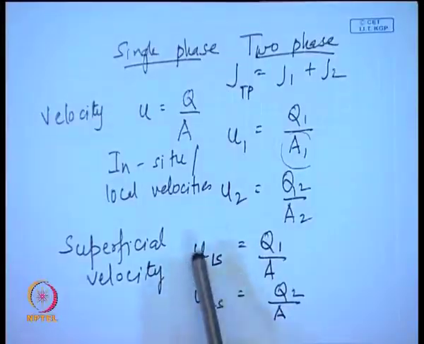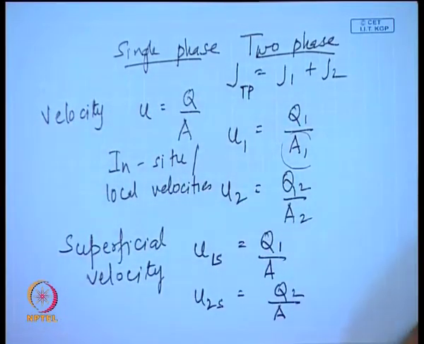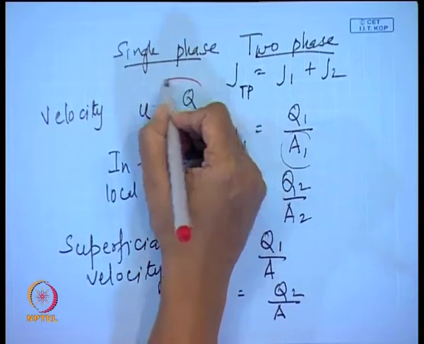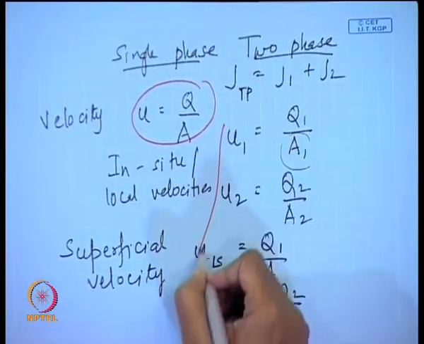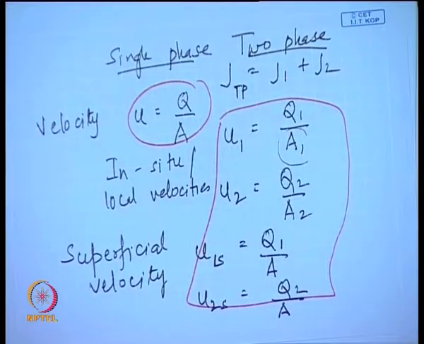If you are not very confident that small u refers to velocity, small v refers to your specific volume, and capital V refers to the volume of a bubble, if you are not very categorical about all these things, very frequently you will find that nomenclature itself becomes a problem in the analysis of multi-phase flows. So, from this itself you can get an idea that instead of a single velocity in single phase flows, we have come across 4 different definitions of velocities in two phase flows.